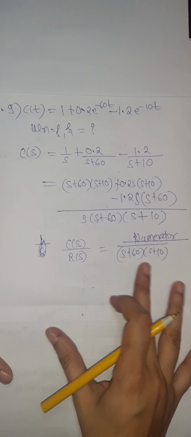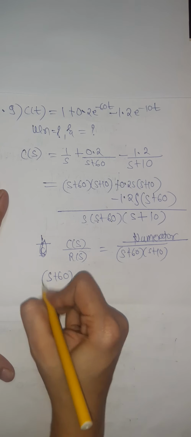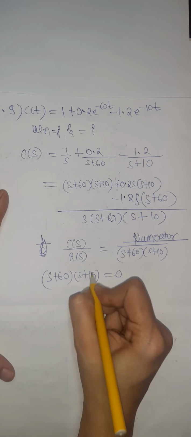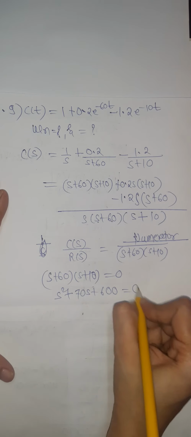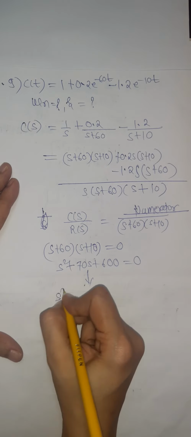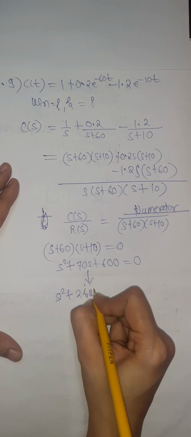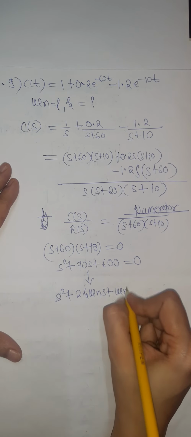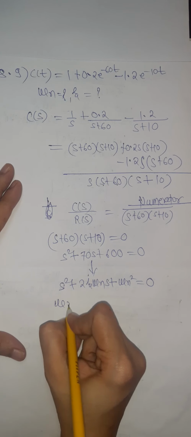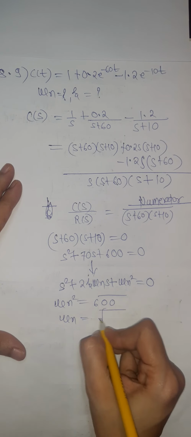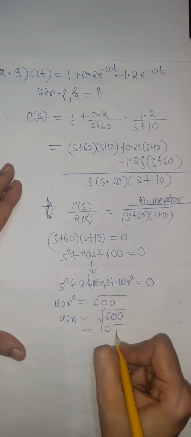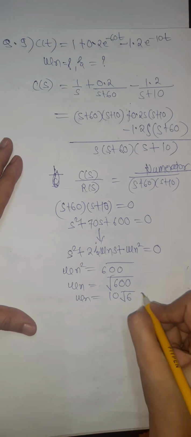So just pay attention to the denominator. s plus 60 into s plus 10 equal to 0. So s square plus 70s plus 600 equal to 0. Now comparing this with the standard second order characteristic equation, s square plus 2 zeta omega n s plus omega n square is equal to 0, omega n square is 600. Omega n is root of 600, that is 10 root 6 radian per second,